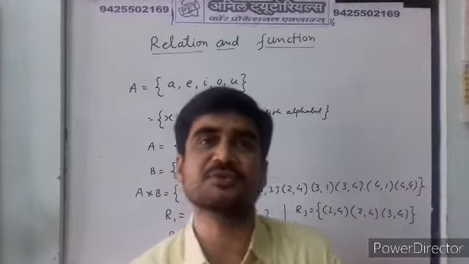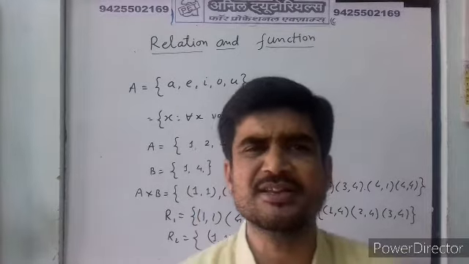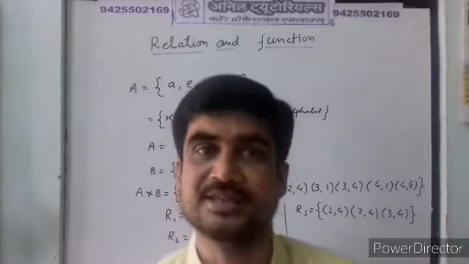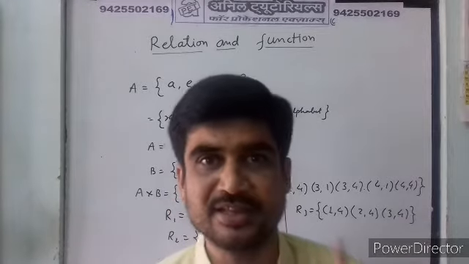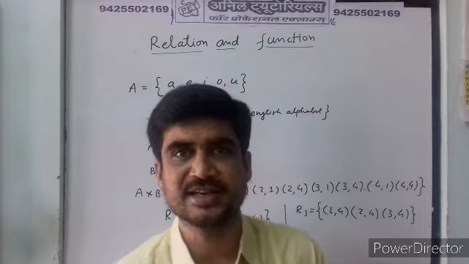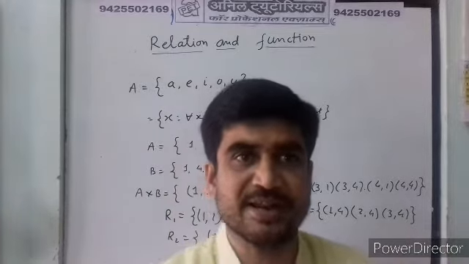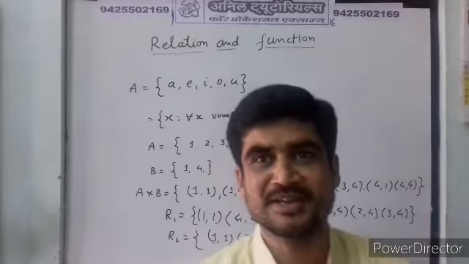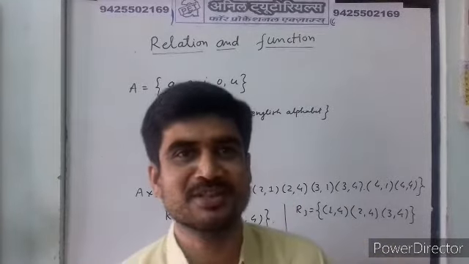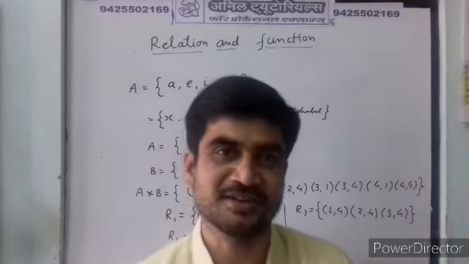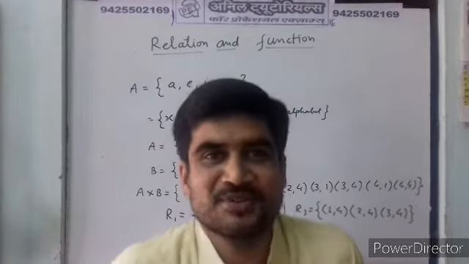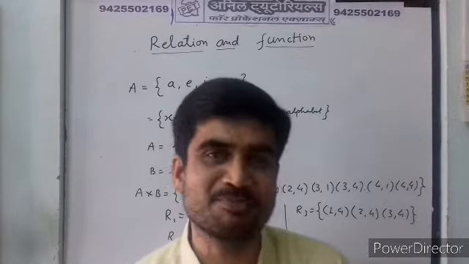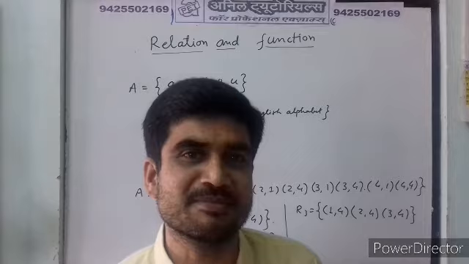Clear? So out of 256 subsets, what are the relations? Maybe some sets may not be relations and some sets may be relations. In the definition it is clearly mentioned that it should be a properly described relation. Say, in social life also, what we call a nameless relationship, a nameless relationship has no importance, right? Similarly, if a relationship is not properly described, we will not take any meaning from it here.